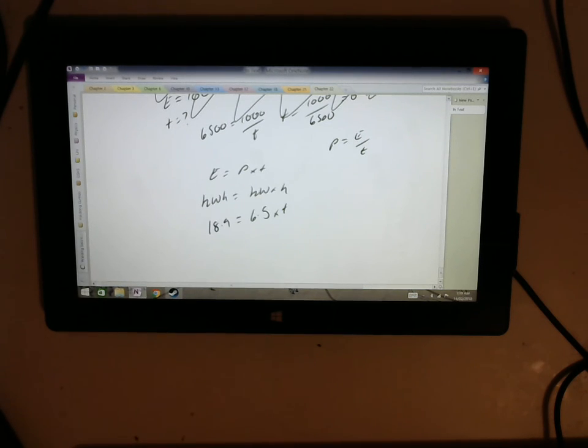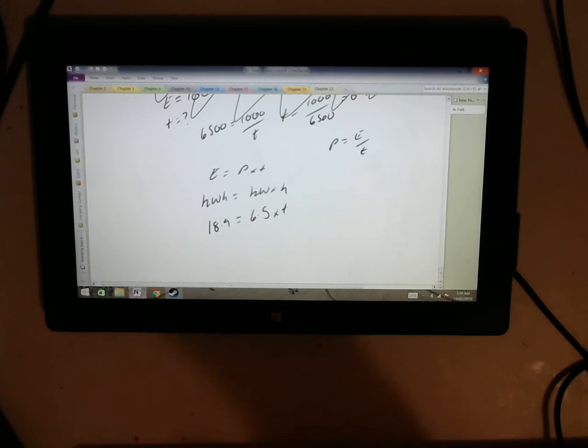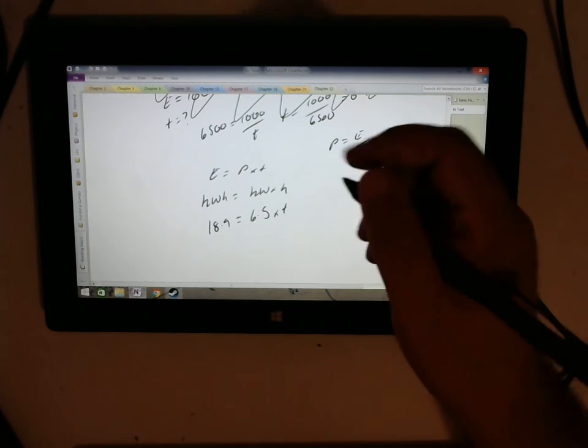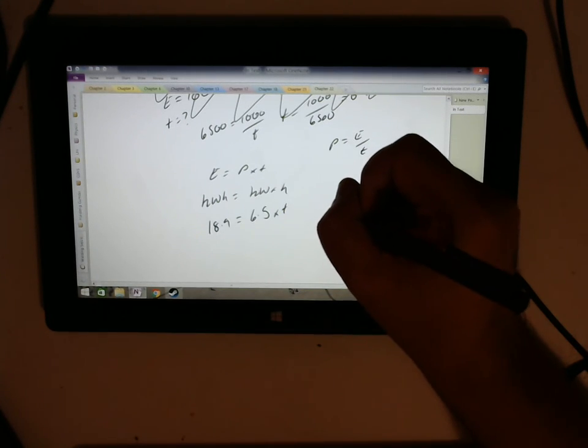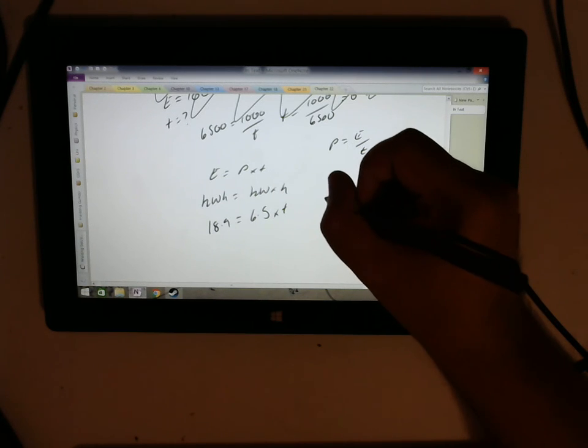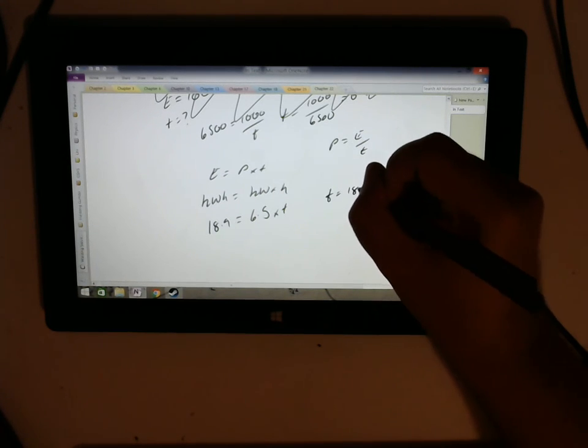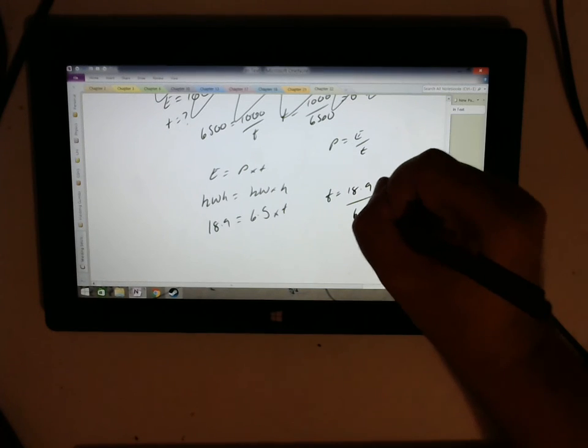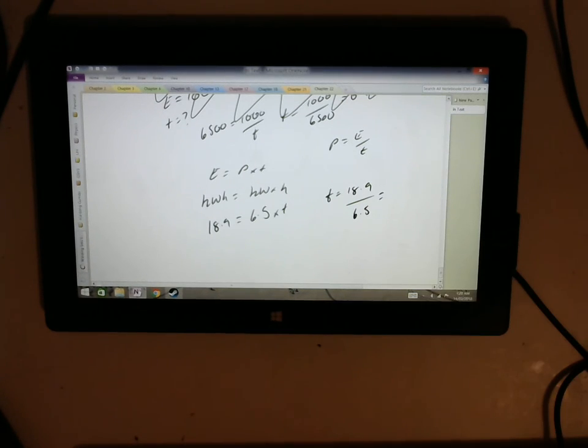I've just used a conversion tool and just gone, oh yeah, let's figure that out. So let's see what this actual thing would be. T therefore equals 18.9 over 6.5. That's going to be a little bit under 3 hours. So 18.9, well, oops, my computer's being weird. 18.9